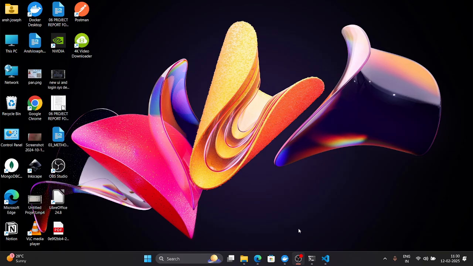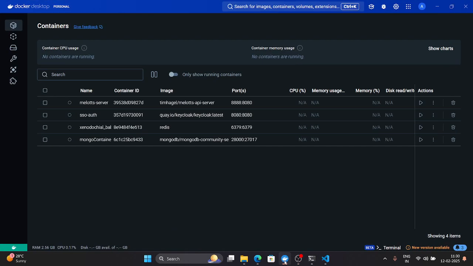Okay, so what we're gonna do, first of all we have to enable the TTS. I'm using the melotts-api-server. Particularly, this image is about 5 GBs, so you can download it. I'm gonna put it in the description. So let's start it,